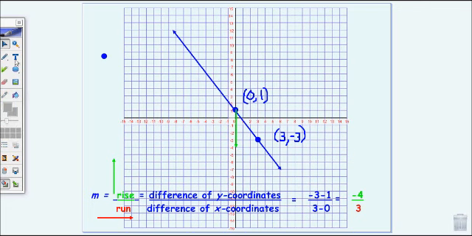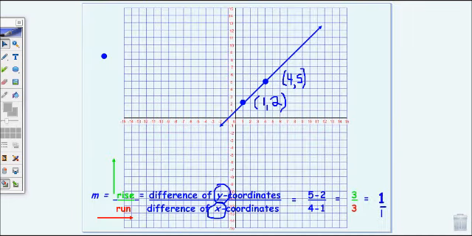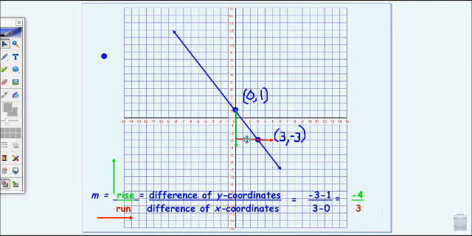Here's my run. I got my colors mixed up there. So my run here is going to be how I go from left to right. So I'm going to connect my rise, which is actually falling, to my run this way. So you can see it makes a right triangle every time I do this. And that goes back to the wakeboarders ramp. We had a right triangle here as well. So if you see the triangle here,